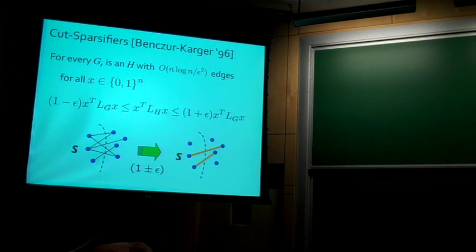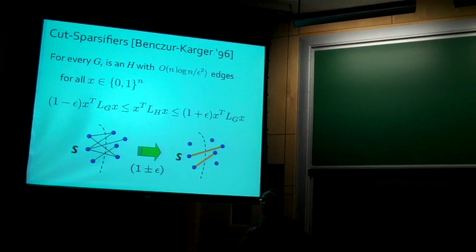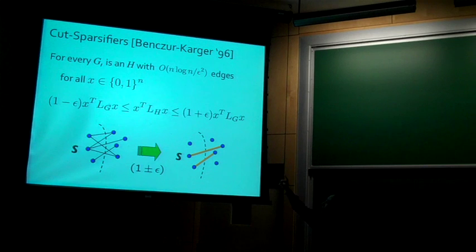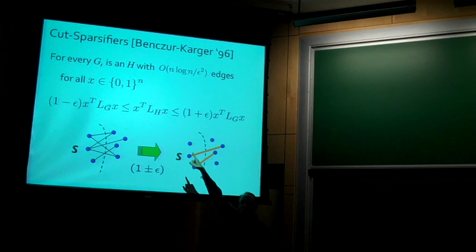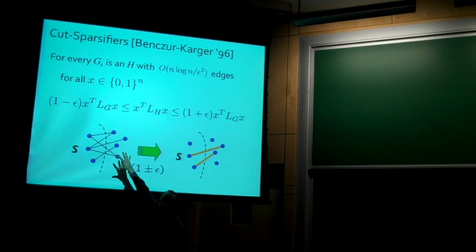So I'll tell you just what cut sparsifiers were. It'll help you believe that spectral sparsifiers should exist. These were introduced by Benczúr and Karger in '96. They showed that for every graph G, there's a graph H, with like n log n over epsilon squared edges, in which the sizes of every cut are about the same. So you could say this is for every vector x that lives in {0,1}^n, so every characteristic vector of a set, the value of the quadratic forms on those characteristic vectors of sets were approximately the same. Or you can understand this as saying for every single set of vertices, the sum of the weights of the edges leaving that set in G and in H are within 1 plus or minus epsilon of one another.